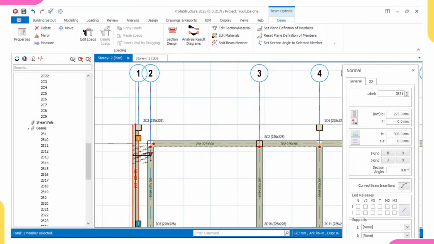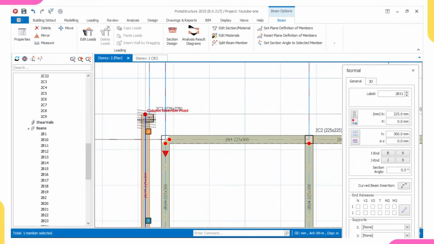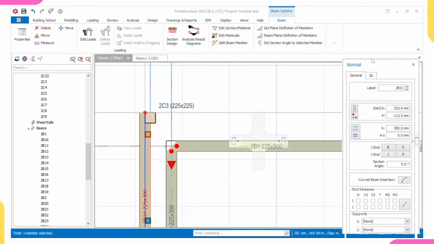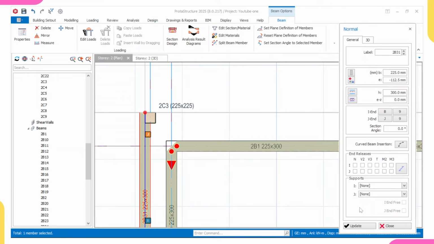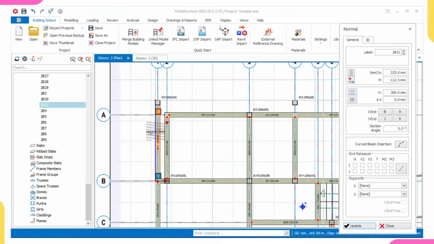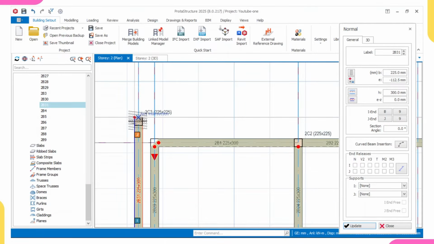But if you can see now, this beam is not in alignment. This edge should lap with the grid line. So what we'll do now is that we'll come here, then we'll check which one it is. I think it will be this. Then I'll click on update. So this beam is now lapping with the grid, and if you see now, this point is now lapping together. Then this beam now will also continue